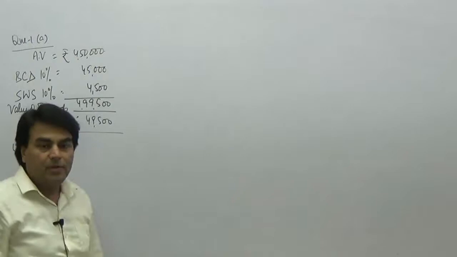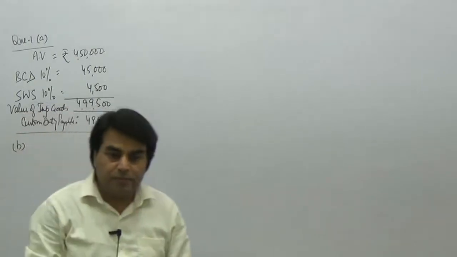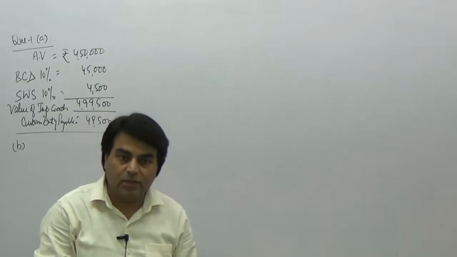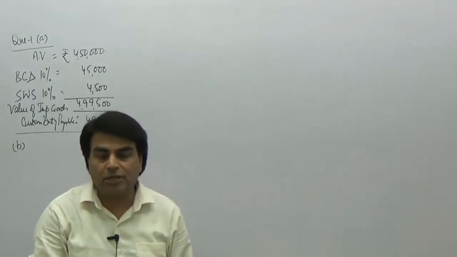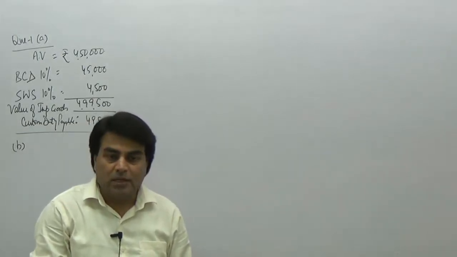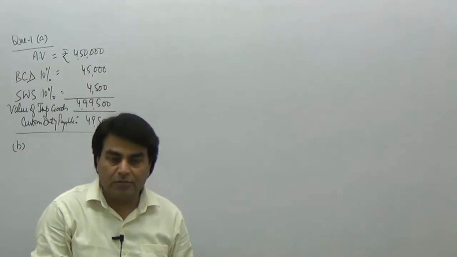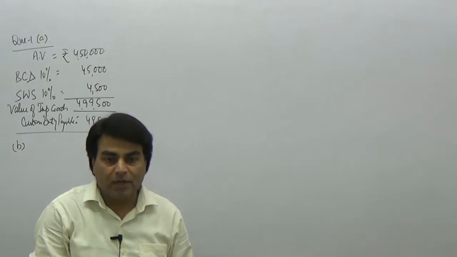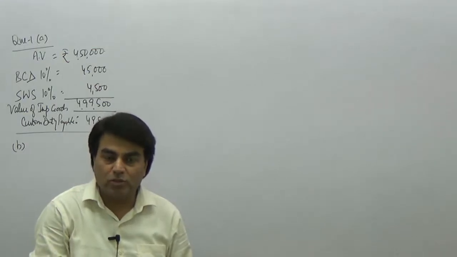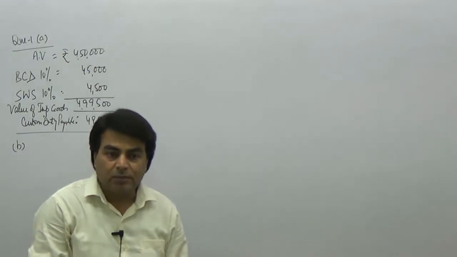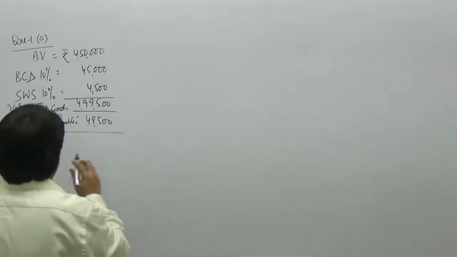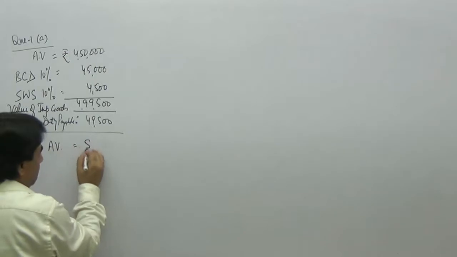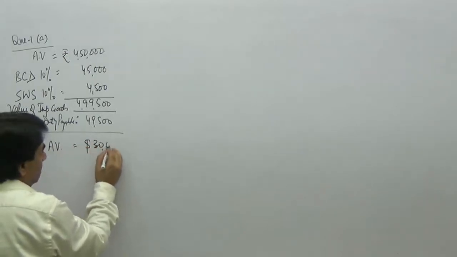Now in part B, the assessable value is given in dollar terms, $30,000. Then the conversion rate is given. Assessable value in rupees is not given. That means you need to work it out yourself. BCD rate is 12% and nothing else is given. So again just 3 pieces of information. The assessable value is given in foreign currency terms. Now please see the assessable value. It is in dollar terms, $30,000.